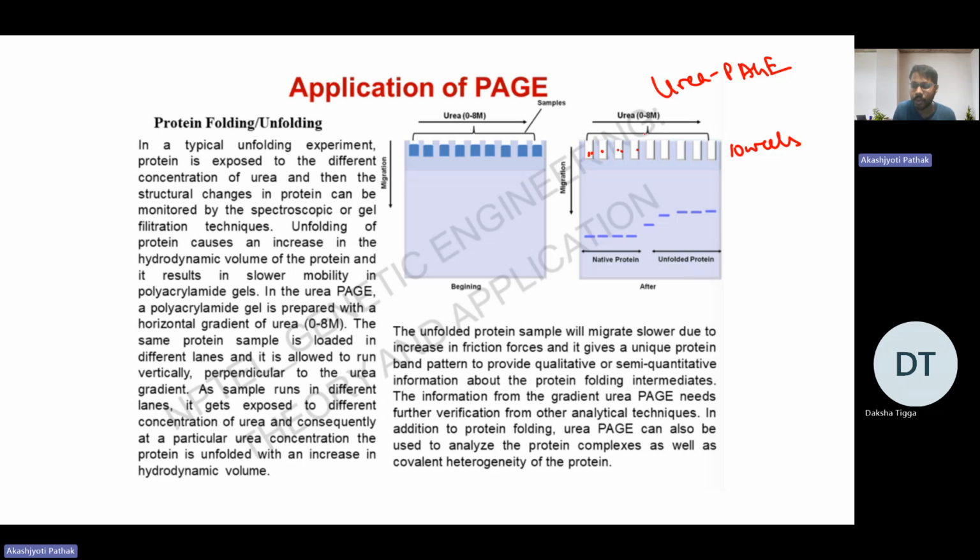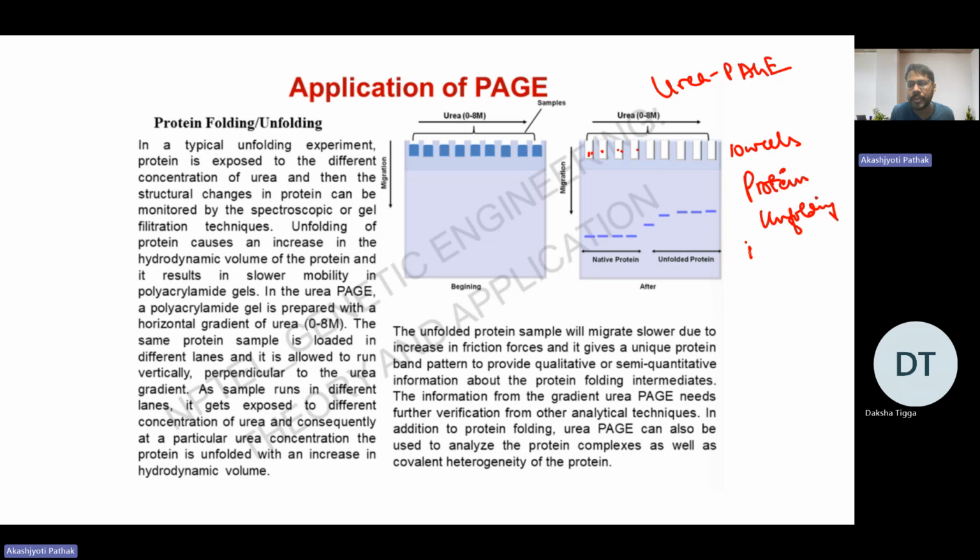So when you run your protein through this urea gel, what will happen? The lanes toward the right side will have a higher concentration of urea, and your proteins will get unfolded. So you can study protein unfolding by running a urea PAGE. Your native protein will be here. So at 0, 1, 1.5, 3, 4, your protein will, but as gradually the urea concentration increases, you can get